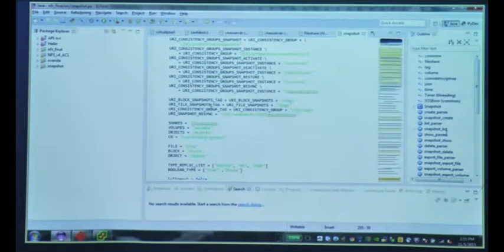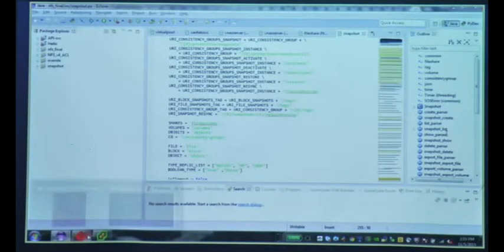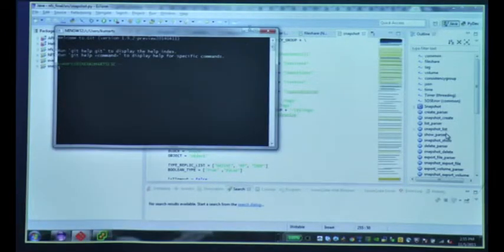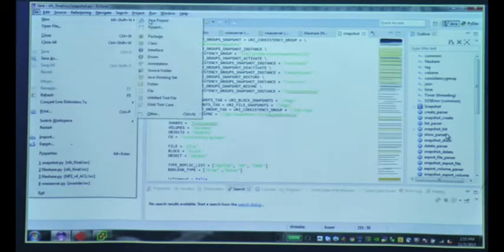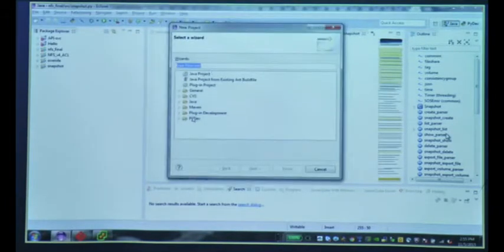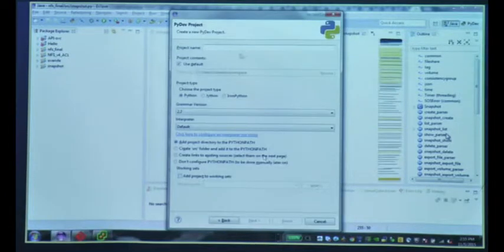Now we'll import. I've checked out the code here, and we'll be importing the CLI code into Eclipse to do the code change. I'll say new project here, and then it's a PyDev project. There are multiple modules like file, block and other things. CLI is the Python module, so I'll just import the CLI module to do my code changes.